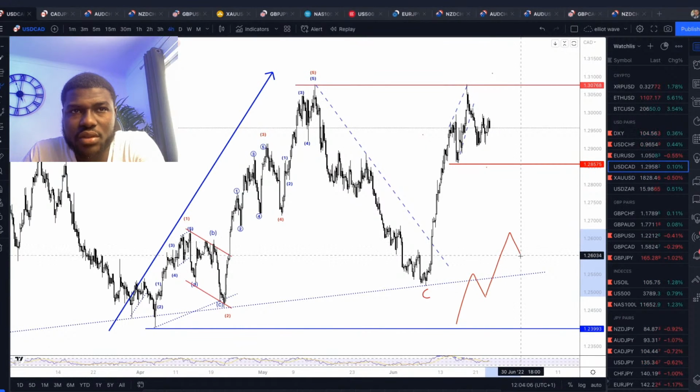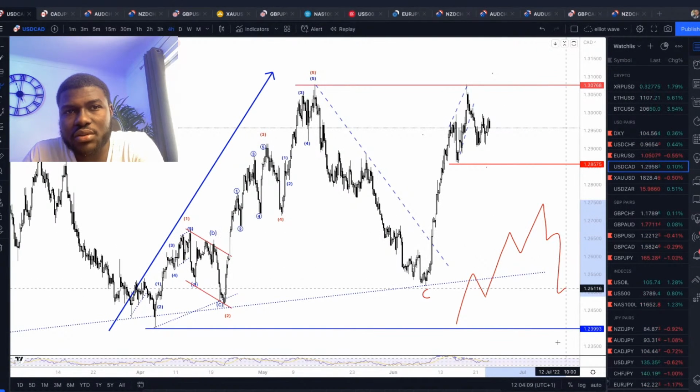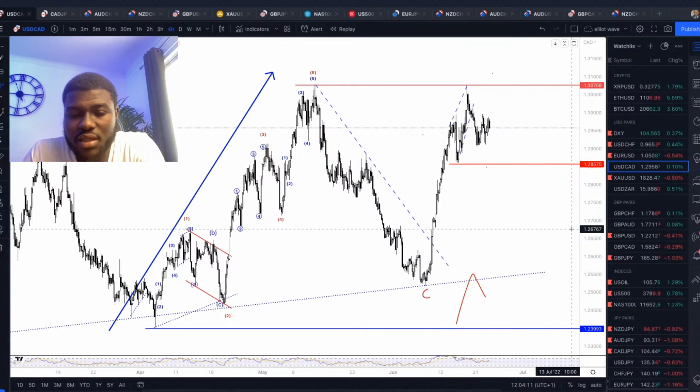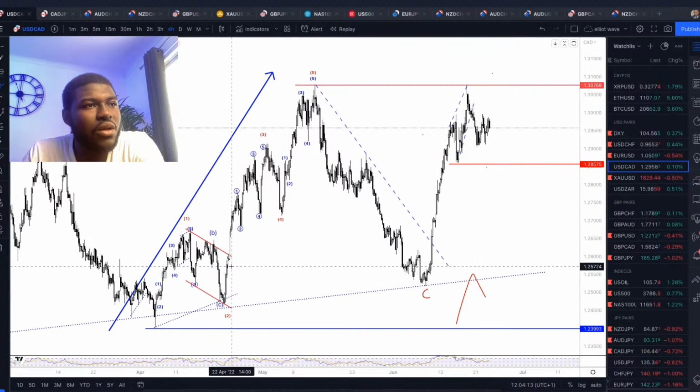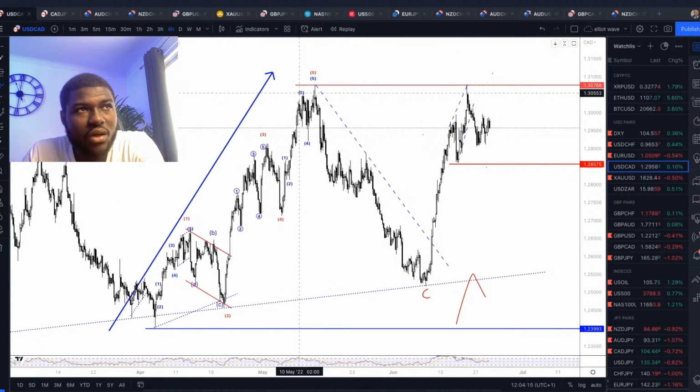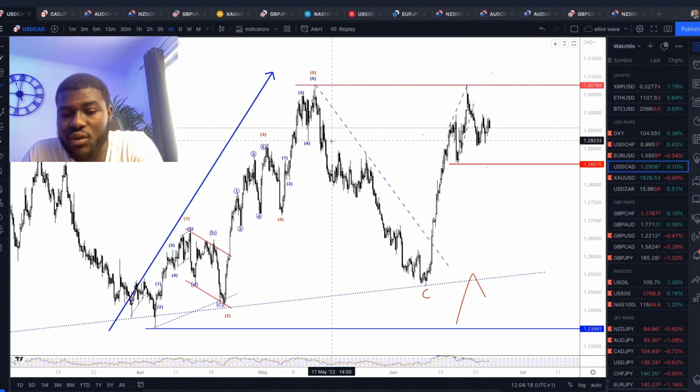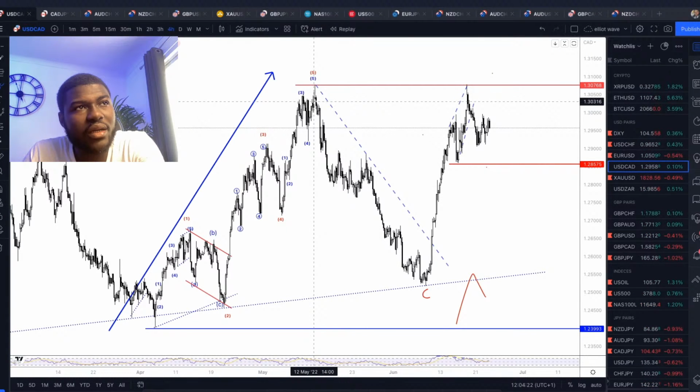Then impulse and correction, and impulse and correction, correction, correction, impulse. It depends. That's how the market moves. So we've seen an impulse to the upside now. Ideally, it should be followed by what? A correction to the opposite direction. And that's why you see that there is a fall here in form of